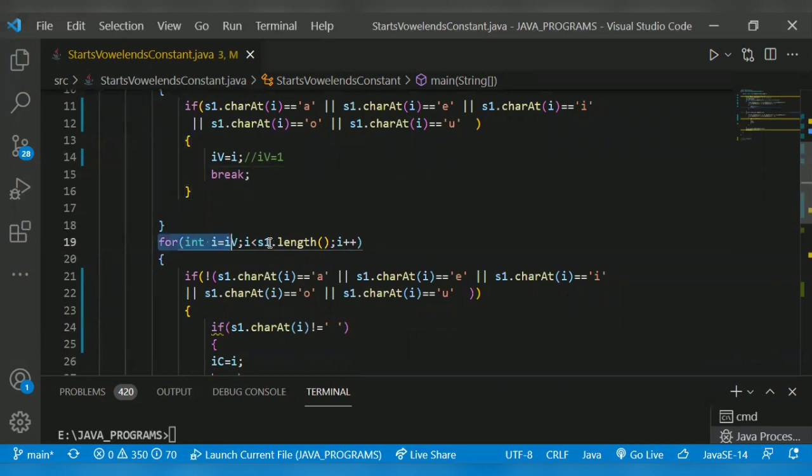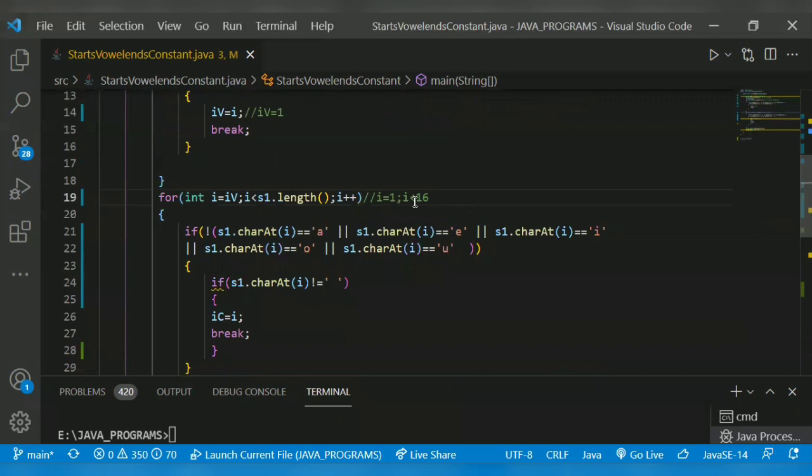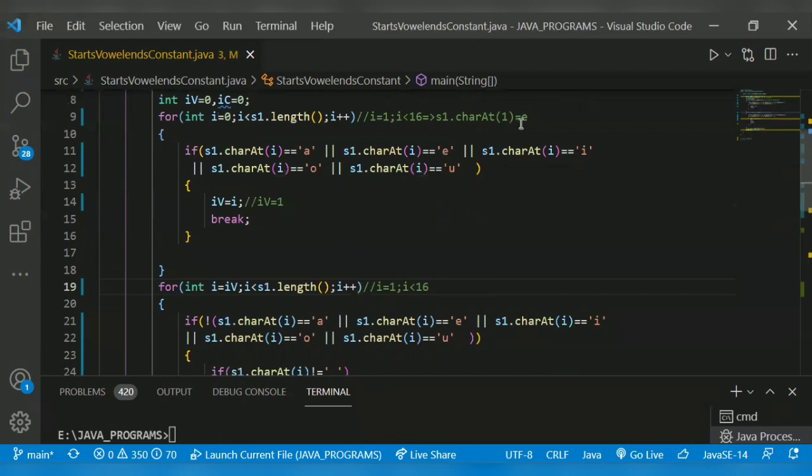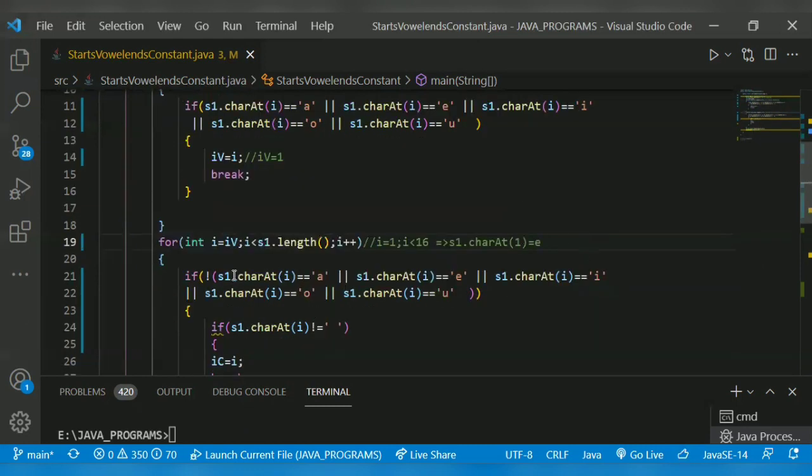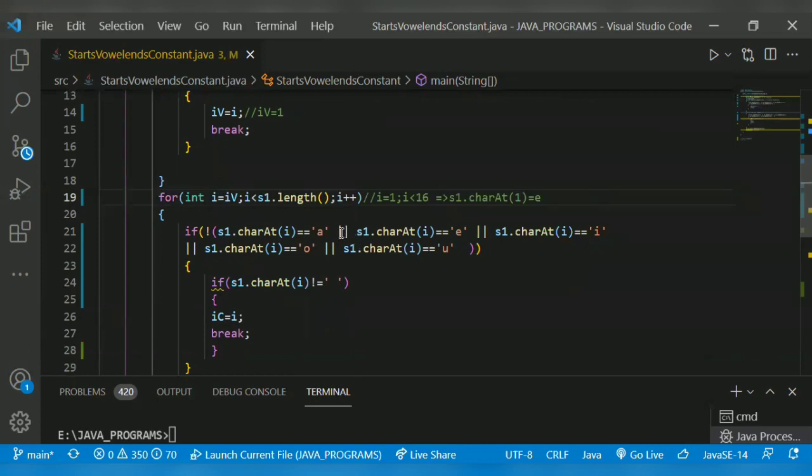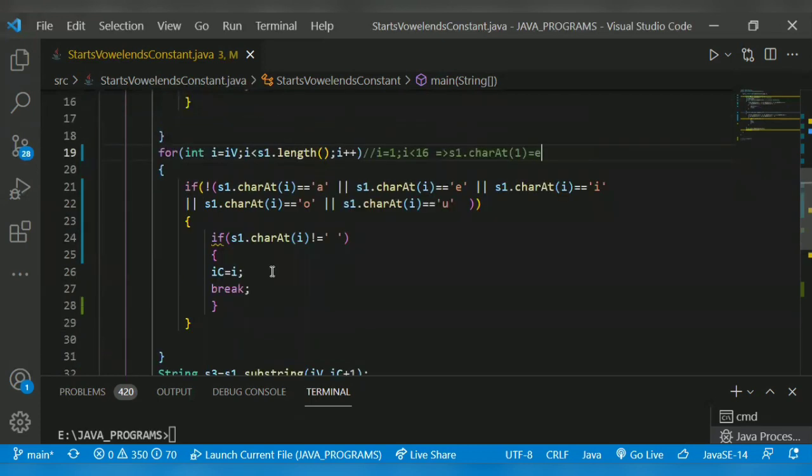After that, it begins with i equal to iv, which is 1, and ends with the string length. Now s1.charAt(1) is E, so it is a vowel, and we have to check for not a vowel.